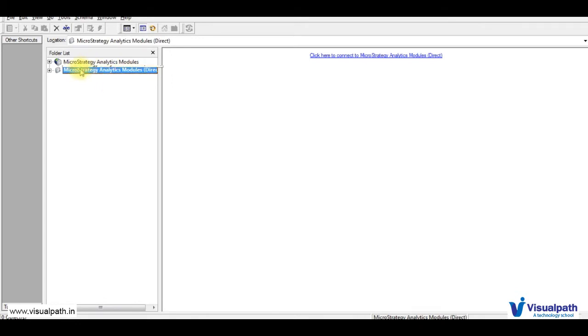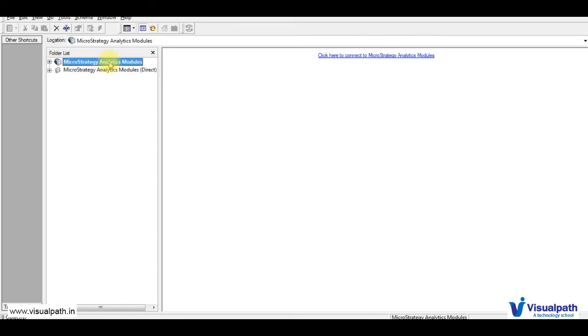You will see one with just a sign like a CPU, and one with a globe with a CPU, for MicroStrategy Analytics Modules. We'll come to know what those signs signify, but for now these are the two objects which are called MicroStrategy project sources.